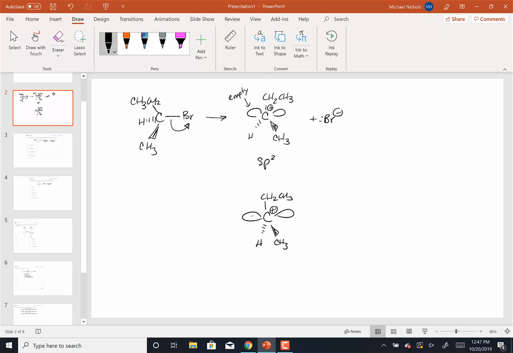And so the water molecule is going to come in and add to both sides of the carbon. It's going to add equally to those two lobes. There's nothing preventing it or making it want to add to one lobe over the other. So the first thing that's going to happen is my water molecule could add to the left lobe, or my water molecule could add to the right lobe. When it does that, it's going to form